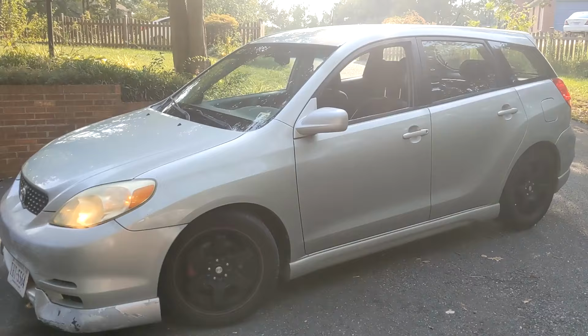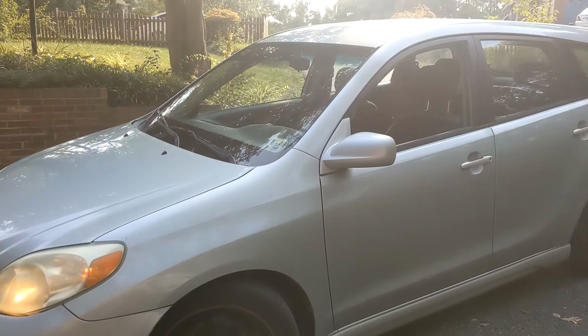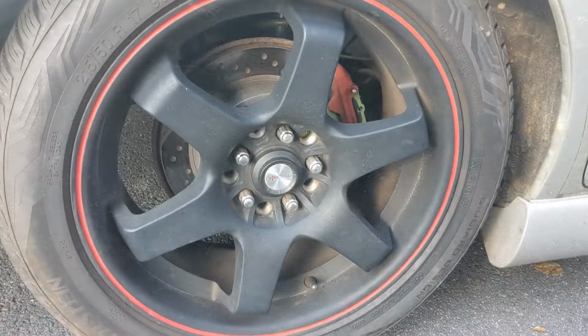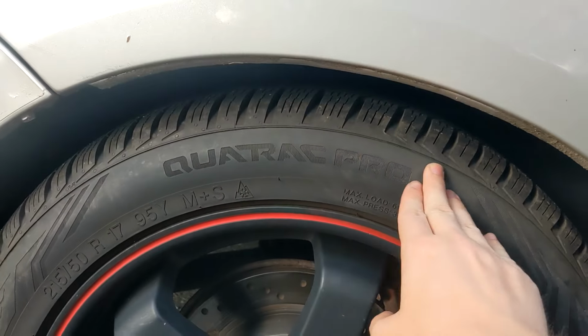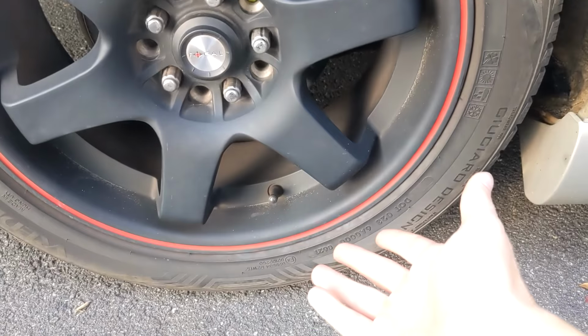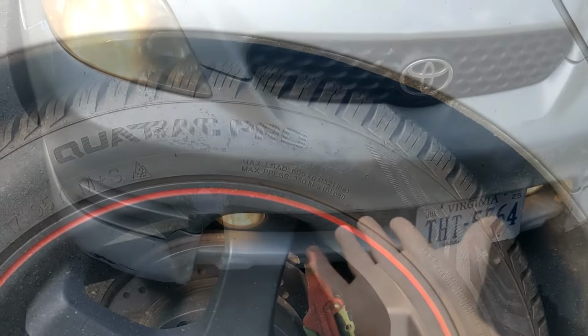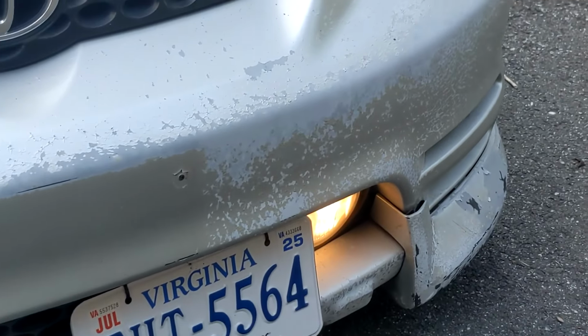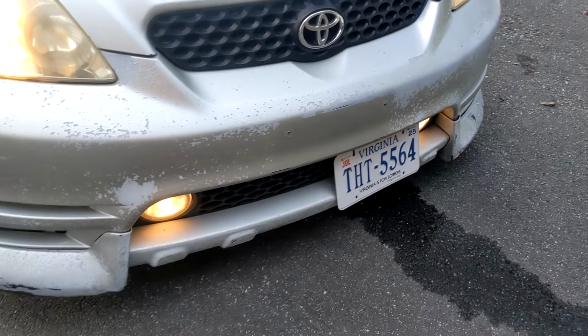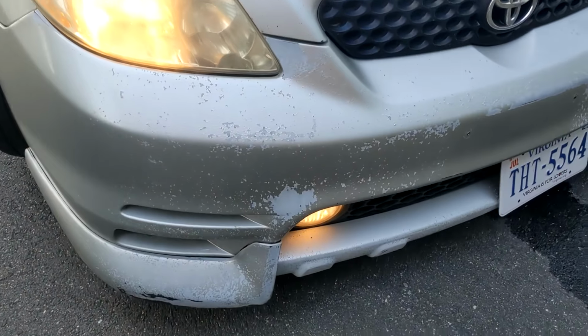I bought a car. It's a 2004 Toyota Matrix XRS. It came with these goofy TE reps, slotted rotors, and green brake pads. I don't know what those are. It's got Quatrac Pro tires, which are all seasons, but they're kind of decent all seasons. It came with a bumper in horrific condition, which pretty much looks like it was partially sandblasted, but it's got